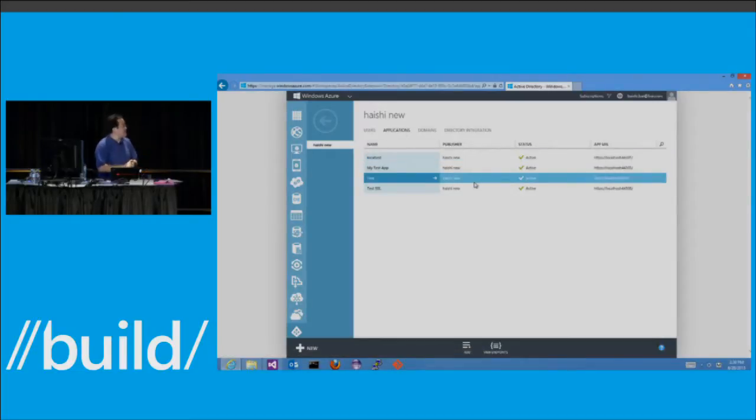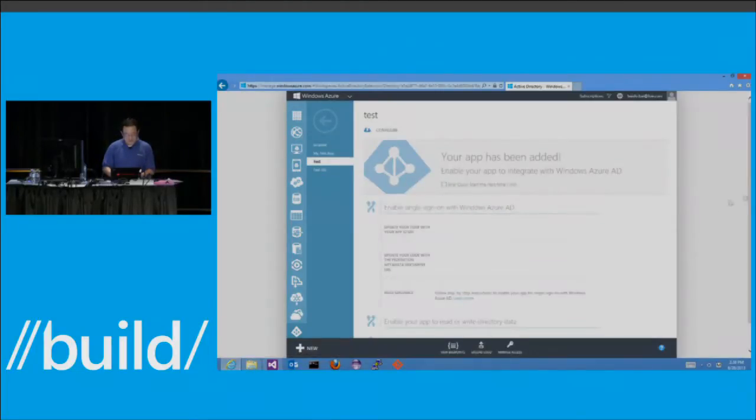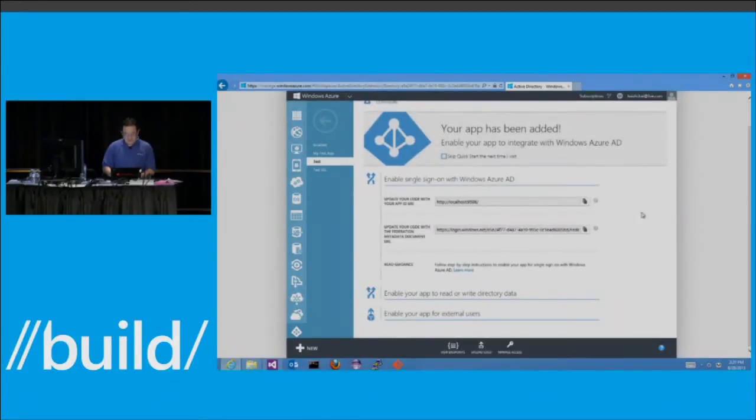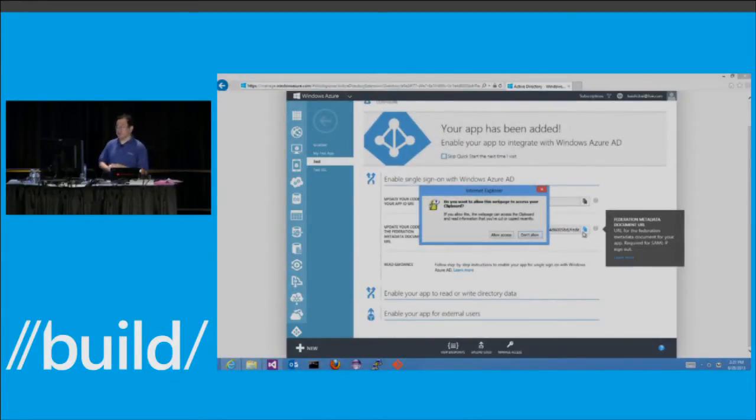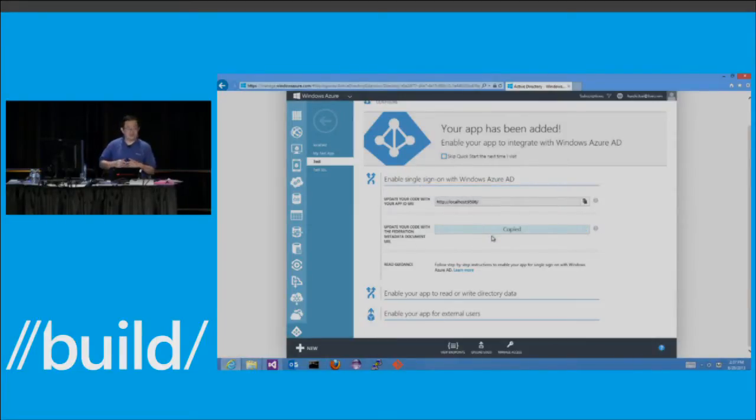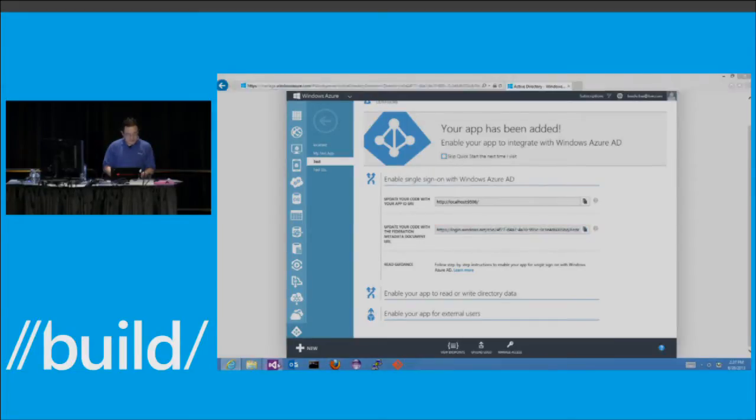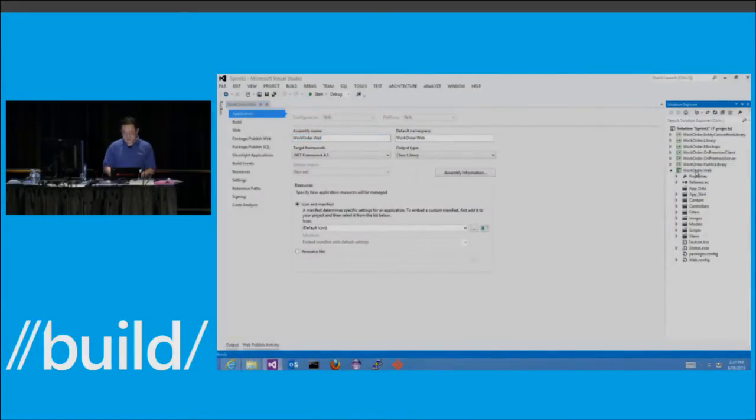So this is one of my applications. You can see that it's trusting my localhost 9506 application. So I'm already done with this part. And if I open the details of this configuration, you can see we also provide the WS Federation metadata file. If you don't know this, basically it's a metadata file that helps you to auto-configure the trust relationships. So I'm just going to copy this URL and go back to my website.